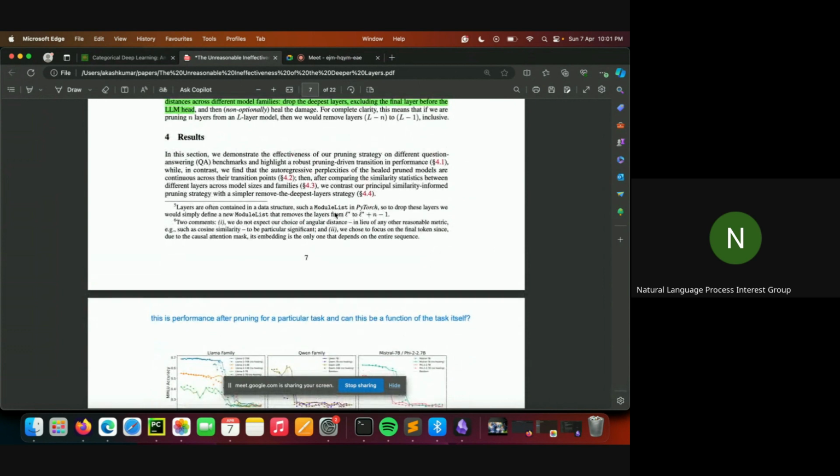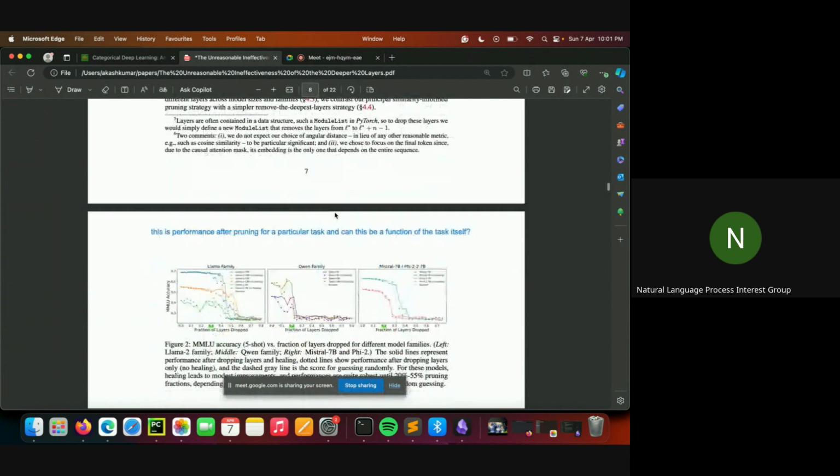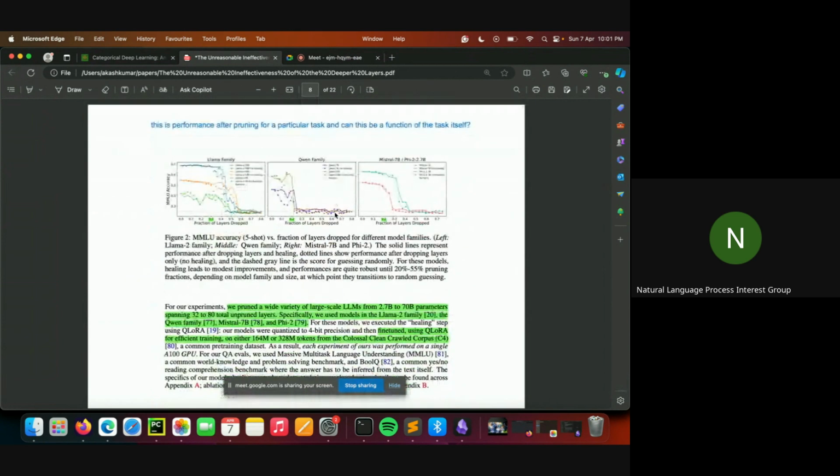So let's talk about results now. Another thing that we have to consider is that they have tested this only on QA benchmarks. So the same kind of performance might not be there on, let's say, translation or some other task. So that is something that we have to keep in mind